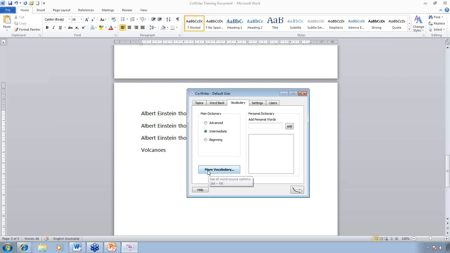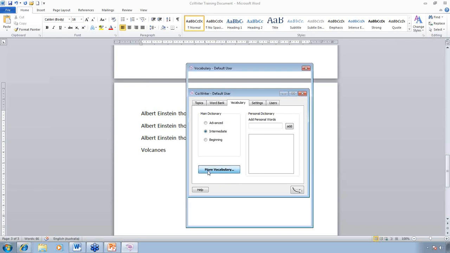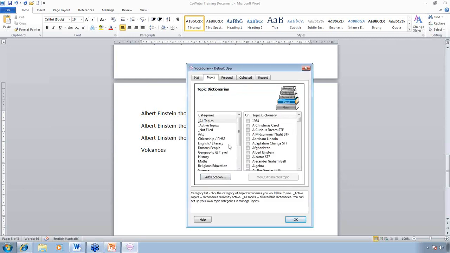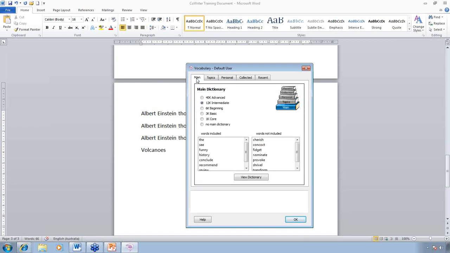I can look at more vocab I can choose. If I choose more vocab, here I can see a whole list of the different vocab lists I can use. If I go to main, I can see that there's a number of dictionaries I can use, and not only is it advanced, intermediate, and beginning, but I've also got core basic, which is just 3,000, core, which is 1,000, or I can choose to have no dictionary at all. And so the guesses will only be drawn from a particular active topic dictionary or whatever personal words I put in for them, and nothing else. So you can modify, you can scaffold the words that are available in their